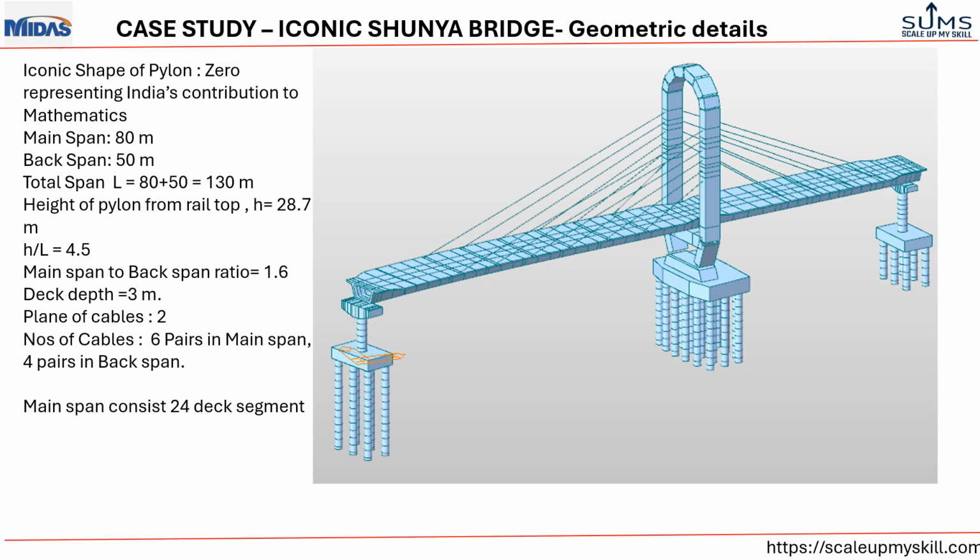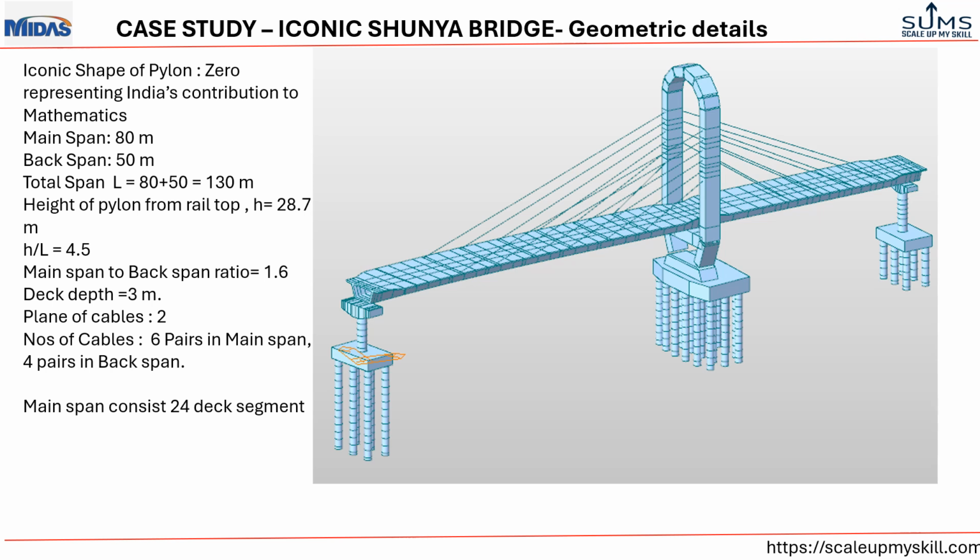Geometric details of the iconic Shunya Bridge. The iconic Shunya Bridge has a pylon with the shape of zero. It is representing India's contribution to mathematics. So that's why this is going to be a very iconic structure in Mumbai. The main span of this bridge is 80 meter, and the back span is 50 meter, with a total length of 130 meter. The height of the pylon from rail top is 28.7 meter, with a height to length ratio of 4.5,